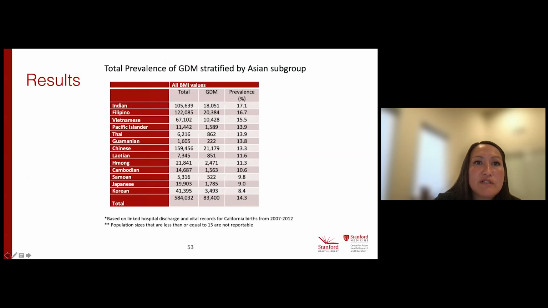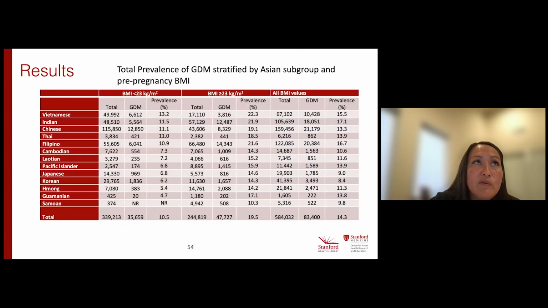And so these are our results that we found. We had 584,032 patients included in this study. The overall prevalence of gestational diabetes was 14.3%, but it really ranged between 8.4% in Koreans to 17.1% in our Indian population. And then when we looked at it at less than 23 versus greater than 23,